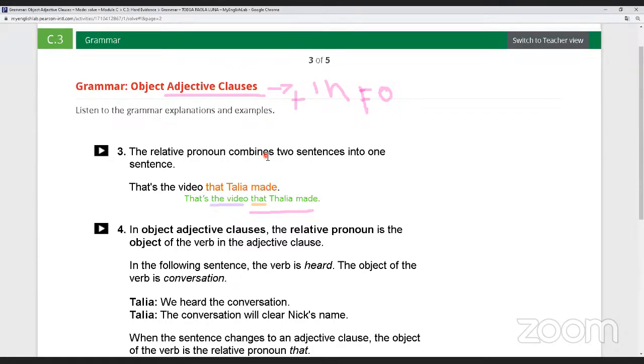Okay, it was great, right? That's the video that Talia made. It was great. Now, something that you're going to find in exercises like that, you're going to identify your object because